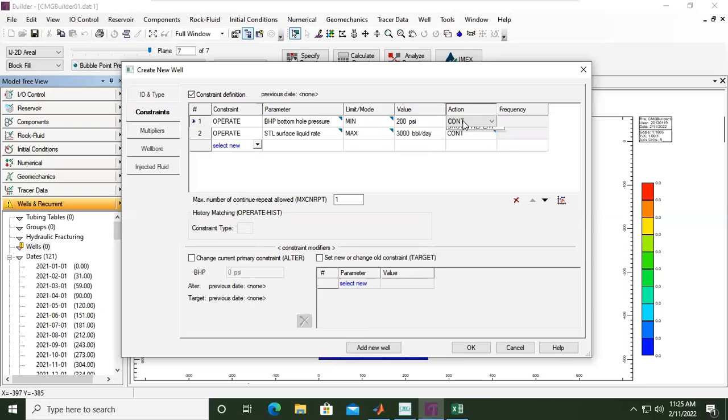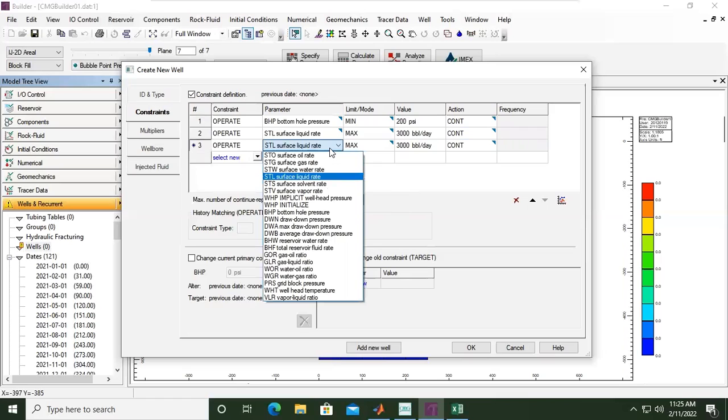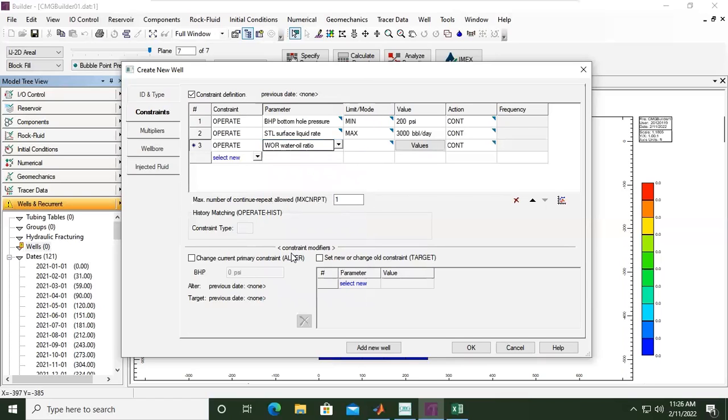The action, continue operating or continue production in this condition. Or if you want to set shut in, you can also put that. For example, let's check operate. If, for example, the water cut, do we have water cut here? Yeah, for example, the water oil ratio, the water cut.